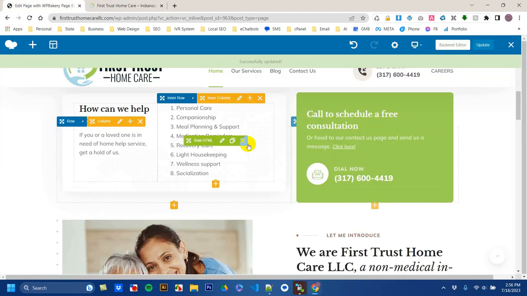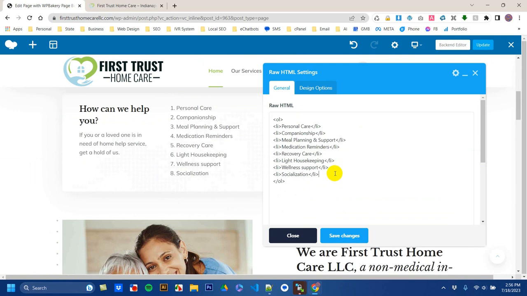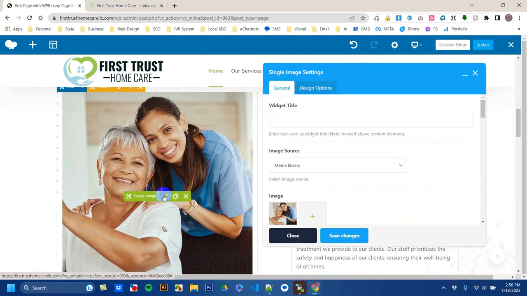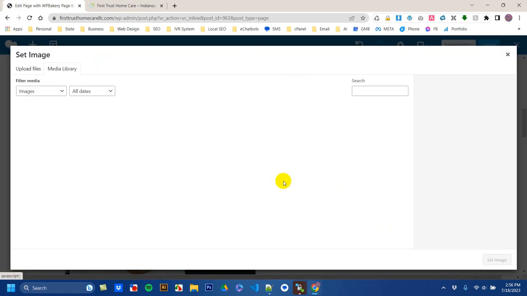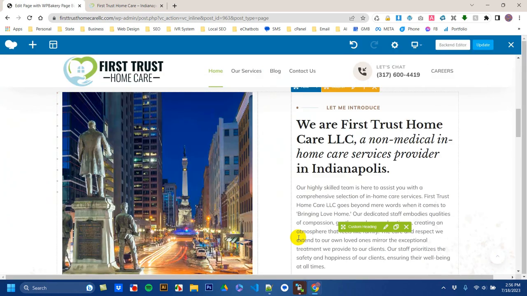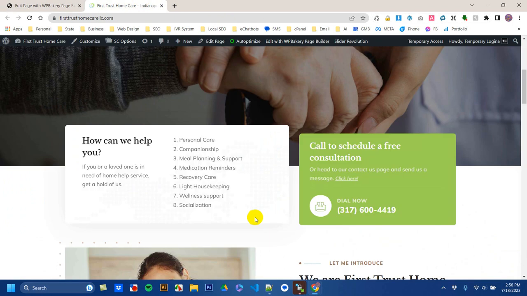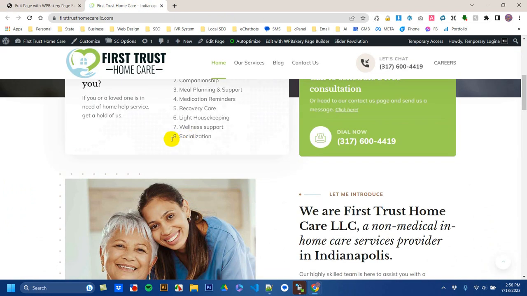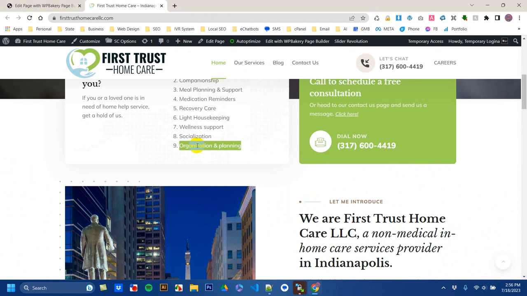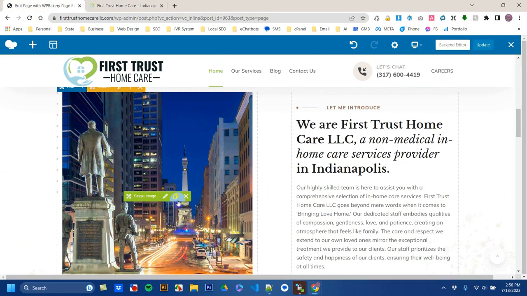So we're gonna go back, we're gonna change again, save, close. Let's say you don't want this lady, so we just wanna click on this little icon, scroll, you can see the image. We're gonna erase it, we're gonna replace it with this one, Indianapolis. So you select it, you save the change, you close, you update. So now when I refresh, you're gonna see number 9 here, and the main image is gonna be a different one. So we're just gonna go ahead and refresh, and as you can see, number 9 is back and that image is gone. So we're just gonna put it back,